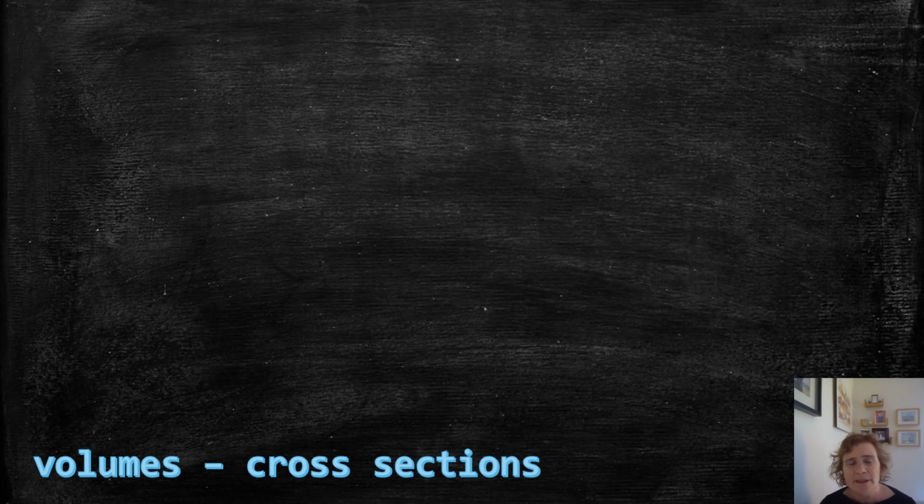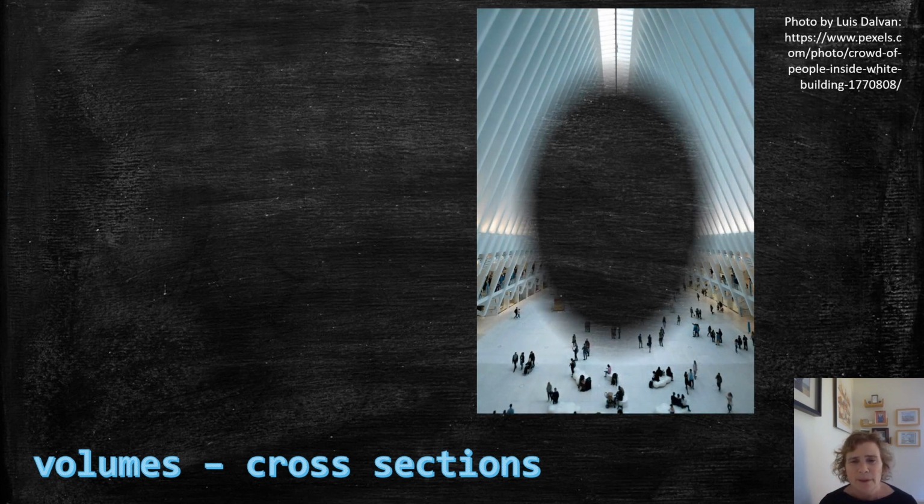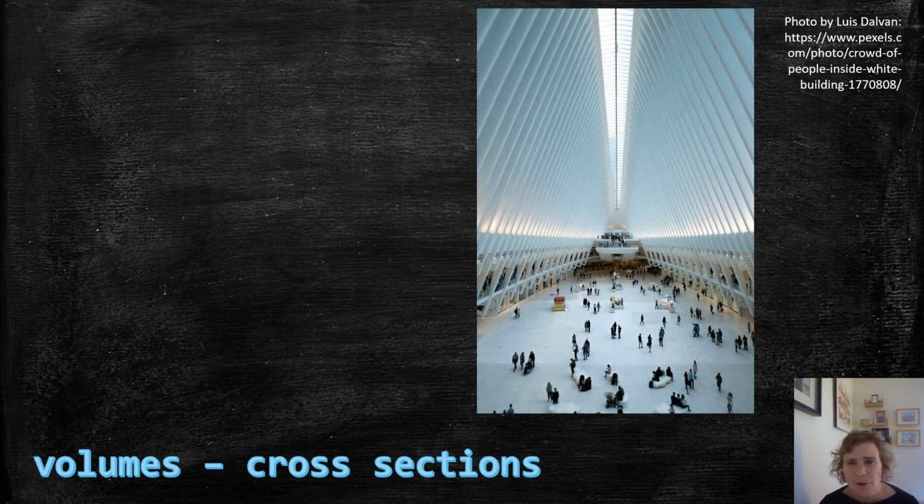In this video, we're going to learn how to find the volumes of three-dimensional objects by the method of cross-sections. So what might an object look like that would require this method? Well, here's a beautiful photo of a building in which you can see that the roughly triangular cross-sections